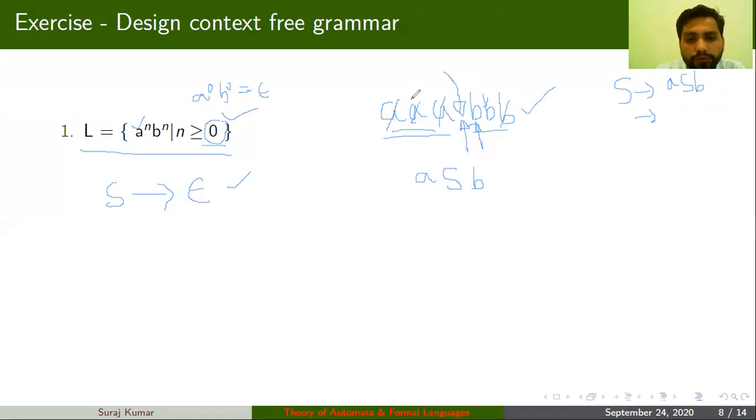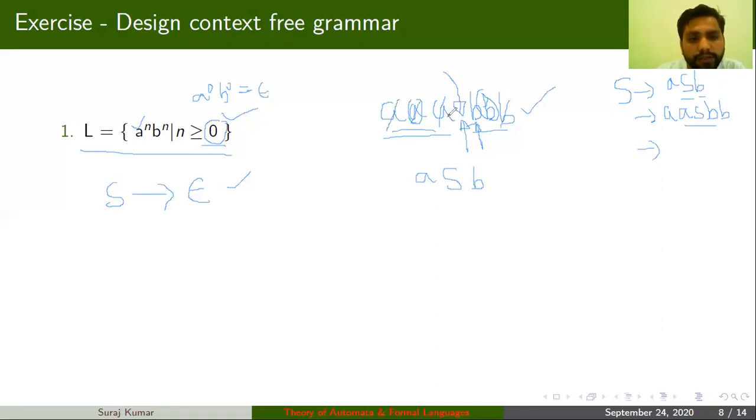Now to produce this A and this matching B, you can again replace this S with the same rule ASB. Here I am replacing this S with the same rule ASB, and I am copying the B here. Now your double A and double B have been generated.